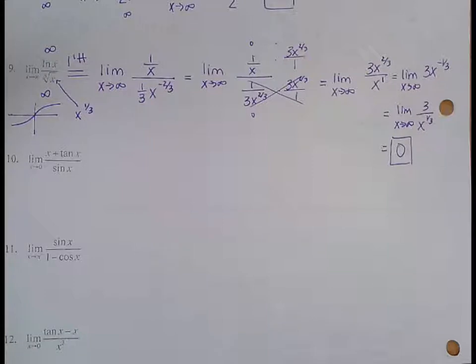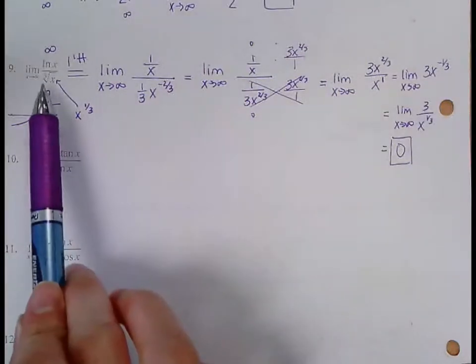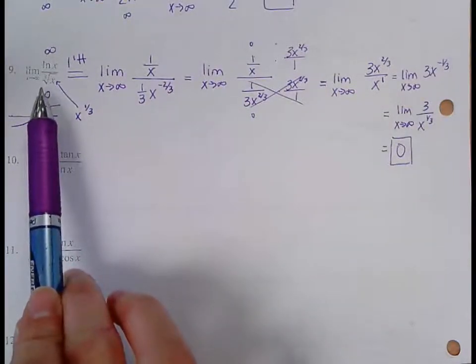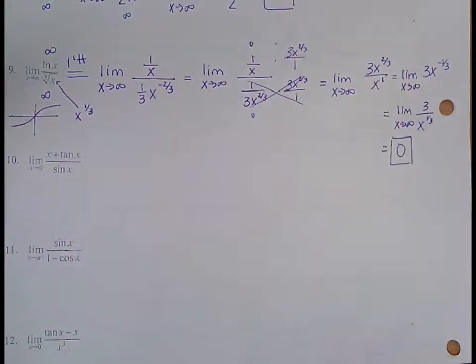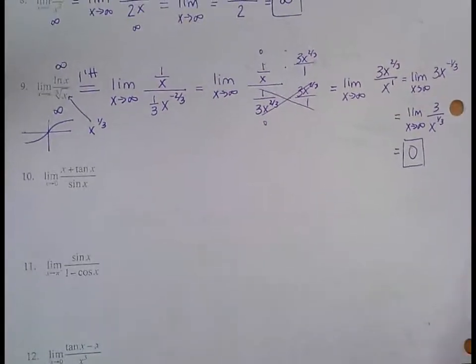So that one, yes, was more simplifying than the rest. But still, using any of the methods we learned in Chapter 2, you would not have been able to find this limit. The methods we learned there would not have worked for that limit. So L'Hopital's rule would be the way to find the limit if you were not able to graph the function and use a graph to find it. All right, so then